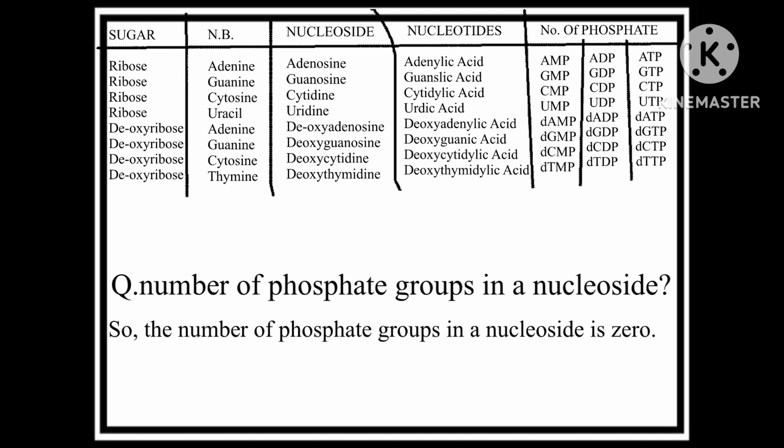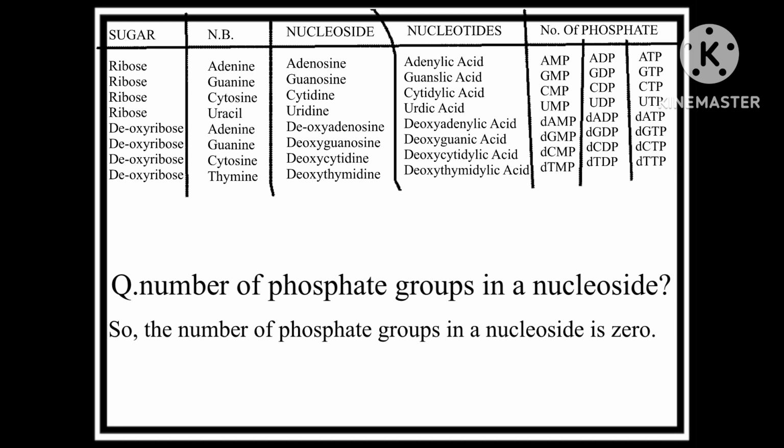So what I mean by the number of phosphate groups is, when adenylic acid has one phosphate group, it will be AMP, which is adenosine monophosphate. When it has two phosphate groups, it will be ADP, which is adenosine diphosphate. And when there are three phosphate groups, it will be adenosine triphosphate. Similarly, this list goes on: for guanylic acid, GMP, GDP, GTP, and for cytidylic acid it will be CMP, CDP,